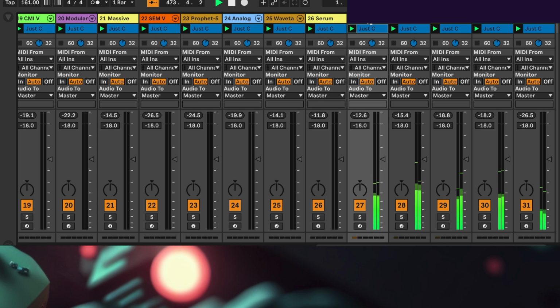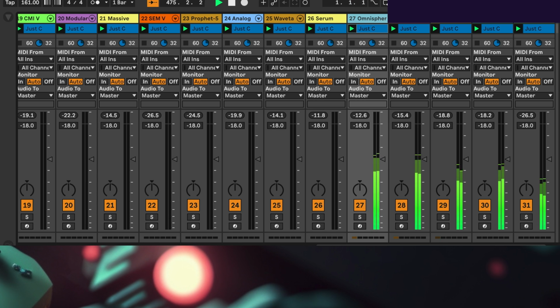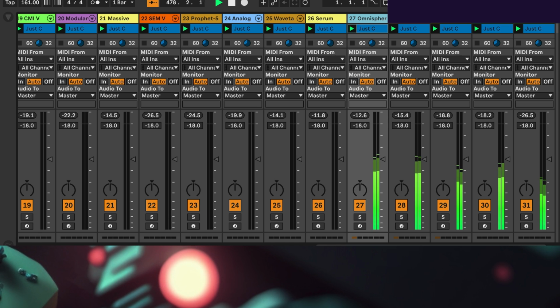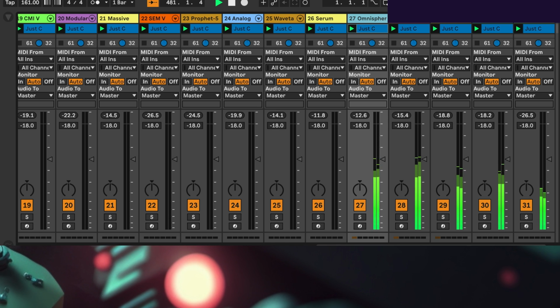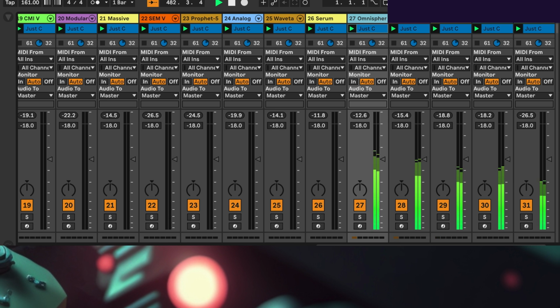This one is Omnisphere. Right? We knew that. I've been using Omnisphere for years. It's always been a super low CPU synth. Love it. Highly recommend Omnisphere. Yeah, I know they don't have a demo and that pisses a bunch of people off, but damn it, it's